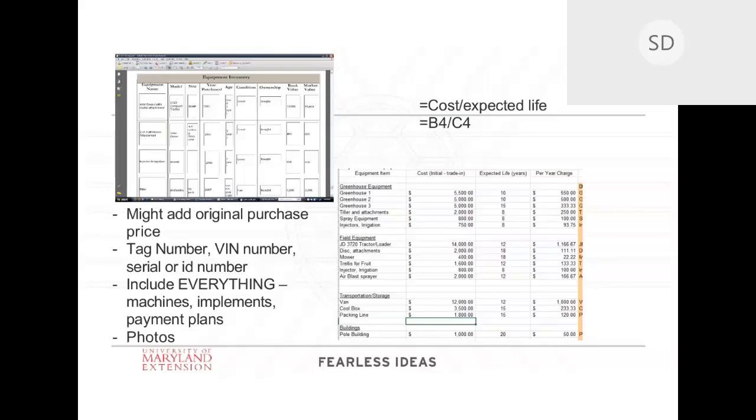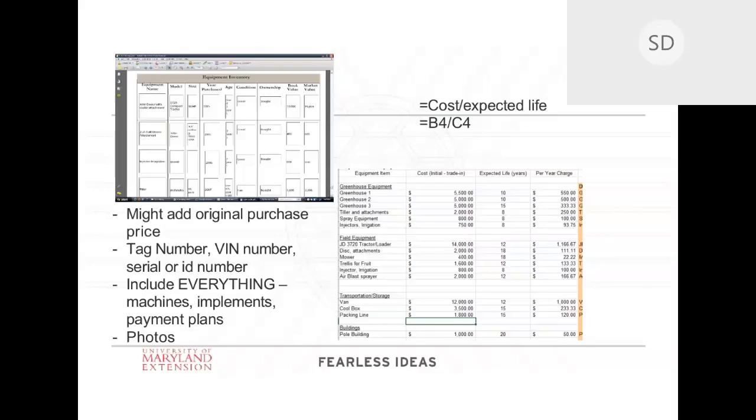So these are like your fixed expenses. When you think about variable costs and fixed costs, this is a way to look at your fixed costs, and put a charge on those depending on your crops. And I'll show how we divide that up in our enterprise budgets when we get to the financial section. So here was a really easy way to show how we used Excel with the formula.